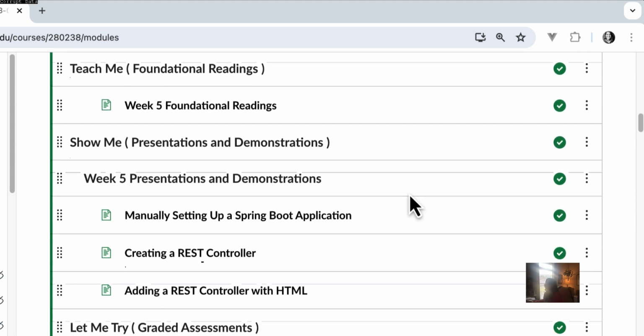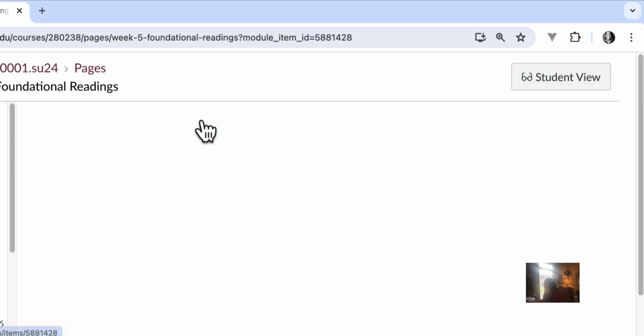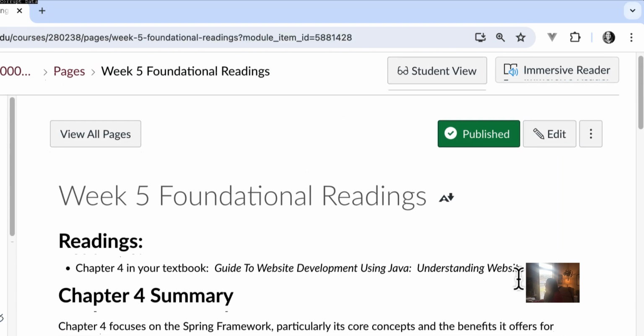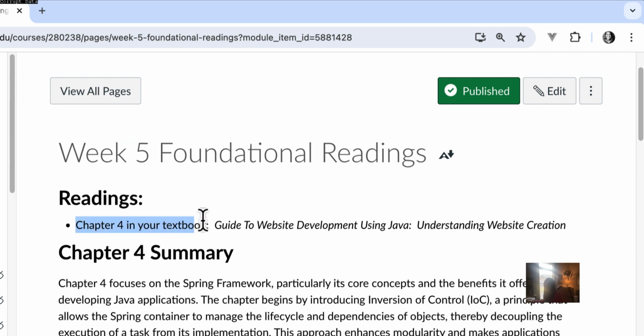So when you take a look at this week's module, it's important that you understand what the foundational readings are. You want to make sure that before you begin, you have read through Chapter 4 in your textbook and have worked through the exercises that the author provides there. It's really important to have that foundation to move forward. Also, as you know, the quiz questions, exam questions, things like that come from that core content of our curriculum.